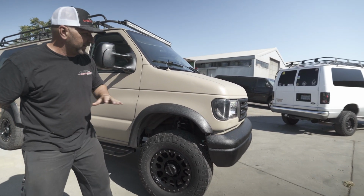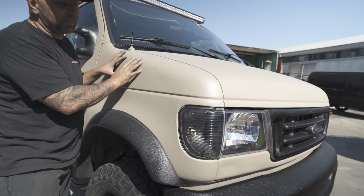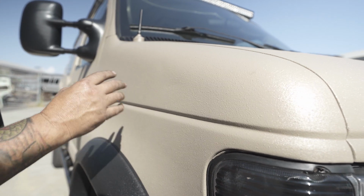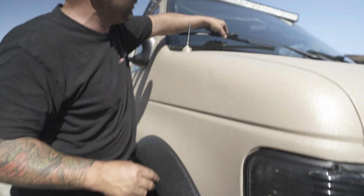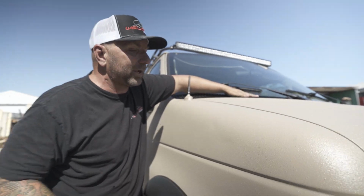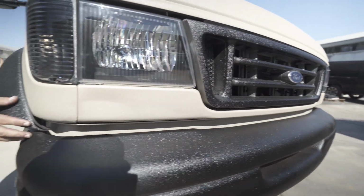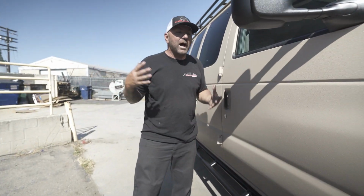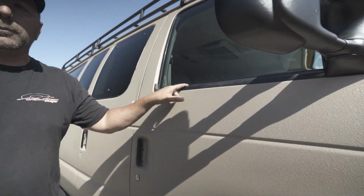So anyways, guys, this thing is killer. It's all rhino lined in like the desert tan color, and I mean everywhere is done, because even the windshield wipers are done in black. All the cowls are done in black. The bumper is all black. The grill is black. The fender flares are black. The only thing that is not black rhino lined on this is going to be like the rubber pieces, and